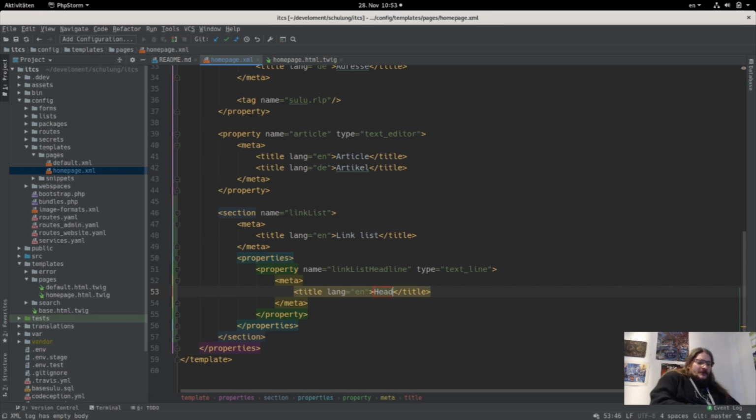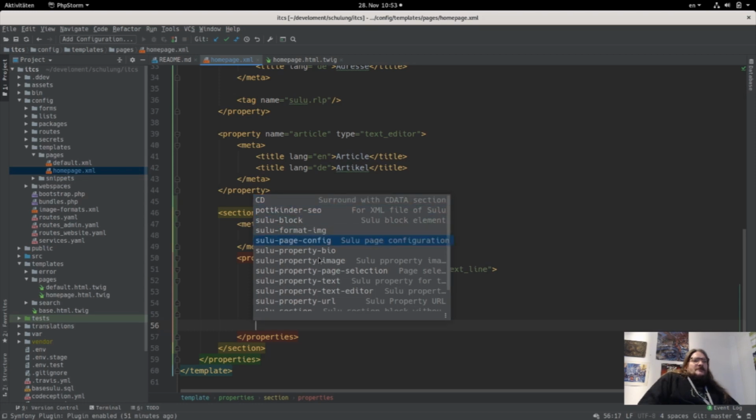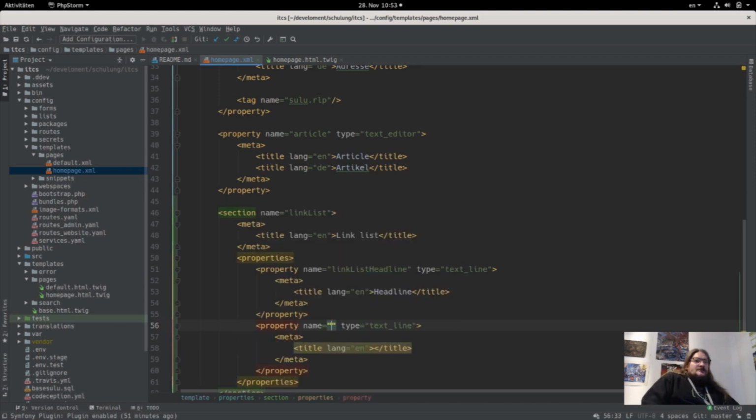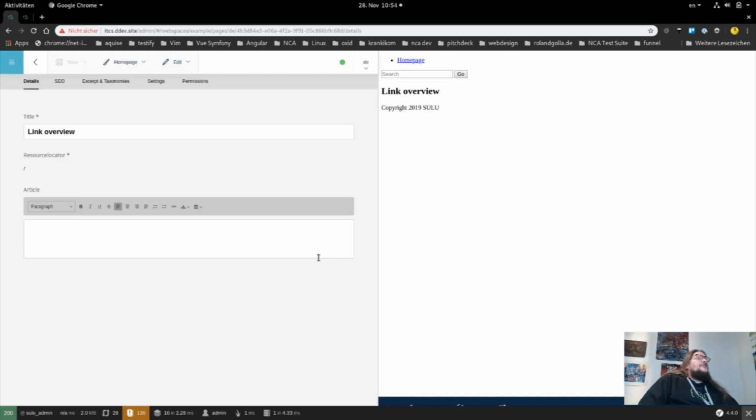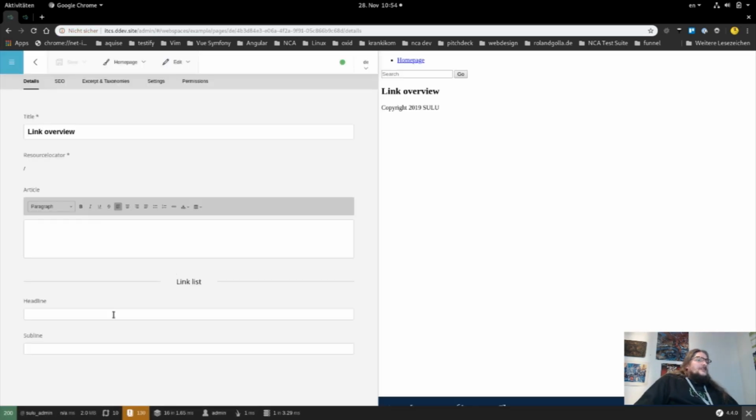So I have a headline, and now I will add a subline, link list subline, and when I reload our admin area, now I have link list headline and subline, and